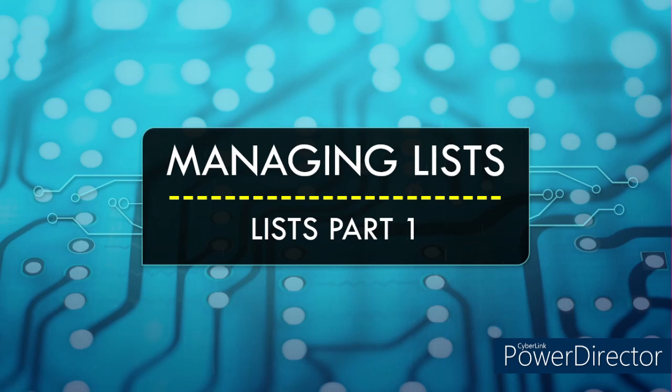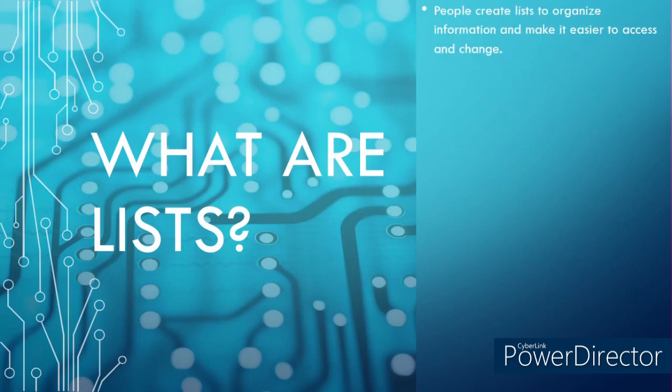Now let's get started. People create list to organize information and make it easier to access and change. You use list in Python for the same reason. In many situations, you really do need some sort of organizational aid to hold data. For example, you might want to create a single place to look for days of the week or months of the year. The names of these items would appear in a list.